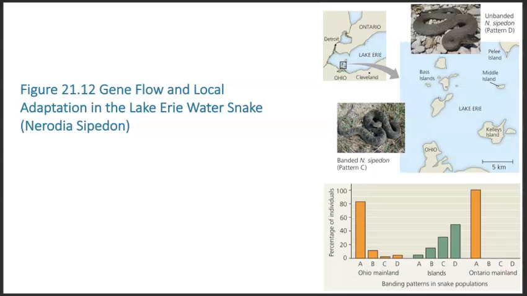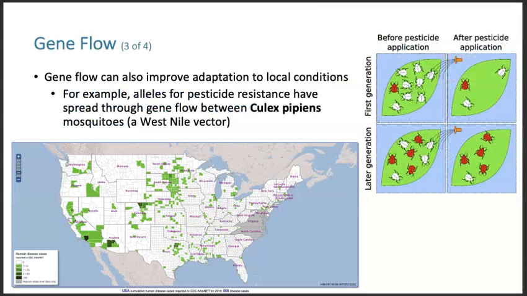So of course, these populations from Ohio and Ontario keep feeding into the islands as a form of gene flow. Gene flow can actually improve adaptation. So we were just talking before about how gene flow can reduce adaptation, but it can improve adaptation to local conditions. For example,